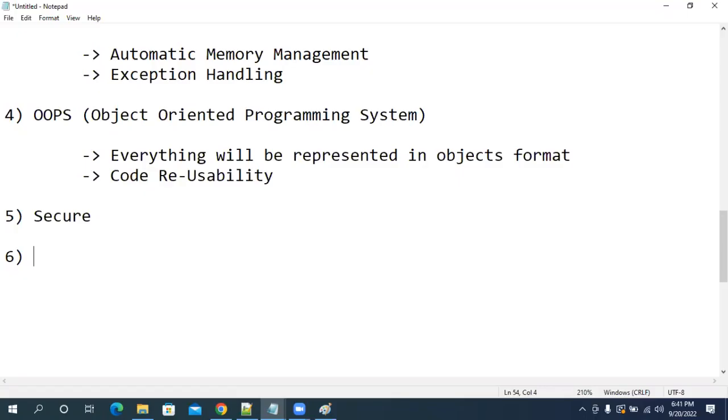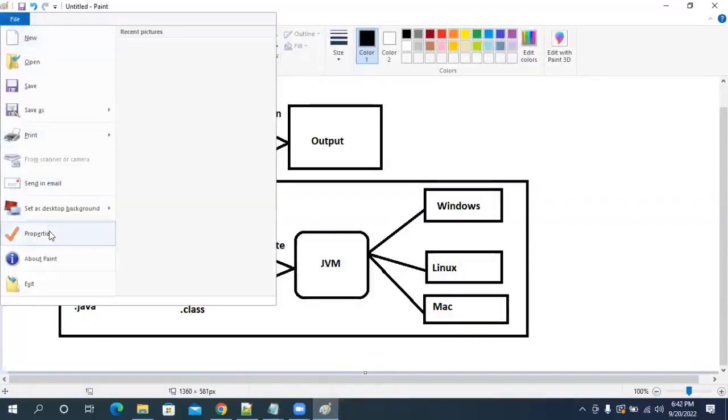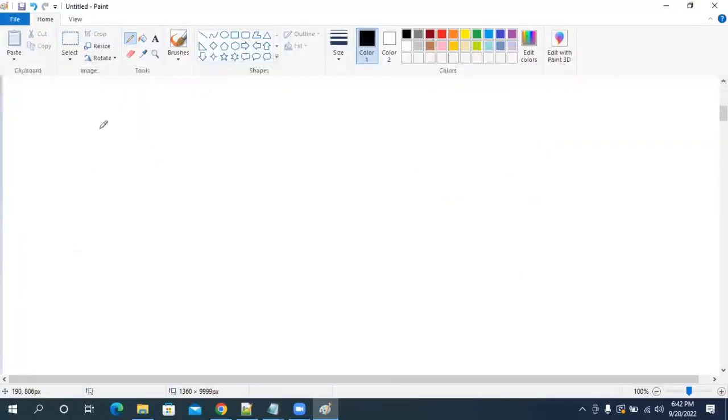Java is OOPs. Java is secure. And Java is a distributed language. Sir, what is the meaning of distributed language?